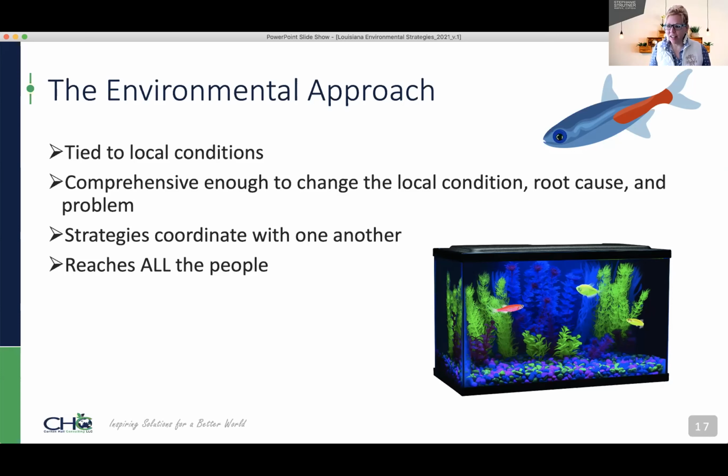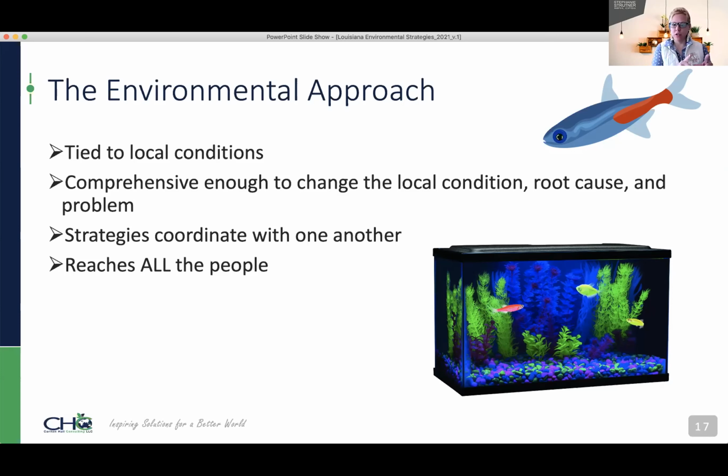Probably not. If she had a 3-cup fish tank, maybe it might be enough, but she needed 3 cupfuls of this solution to change the pH of her water, to change the environment of that water so that the fish didn't get the ick. So when we think about our local conditions and our strategies, not only do we need comprehensive strategies, but we need enough dose of those strategies to make sure that we're doing enough to initiate change